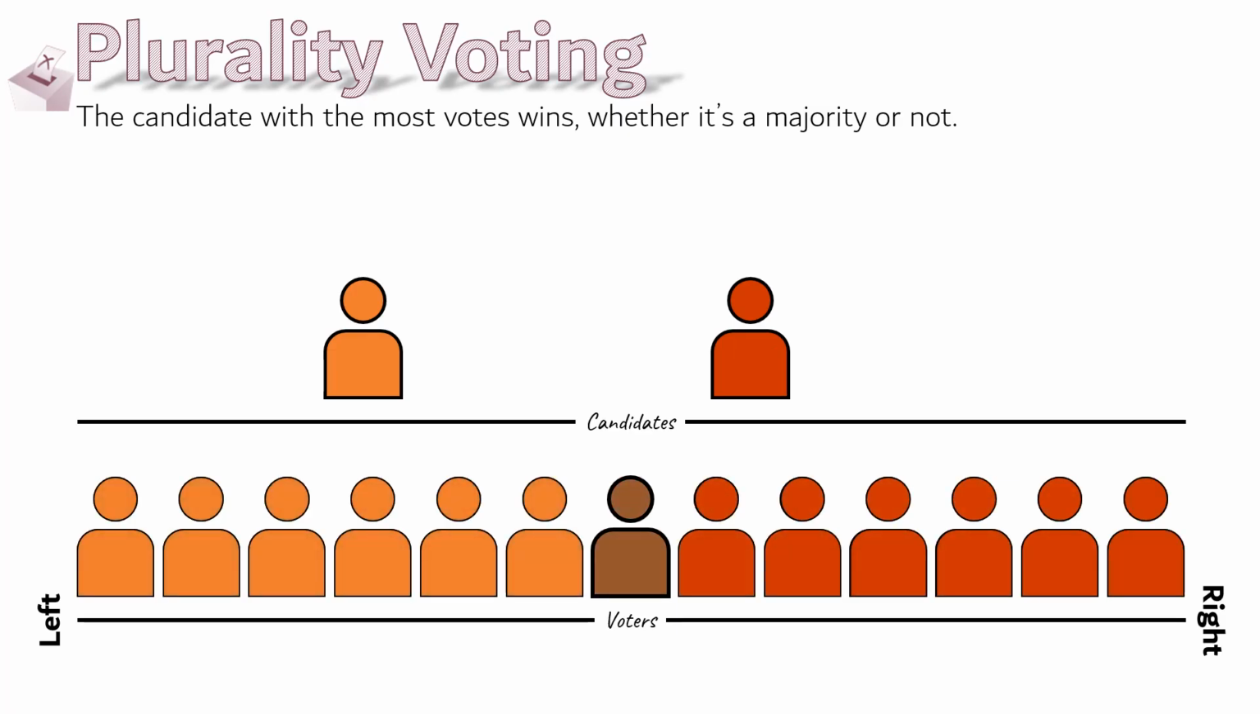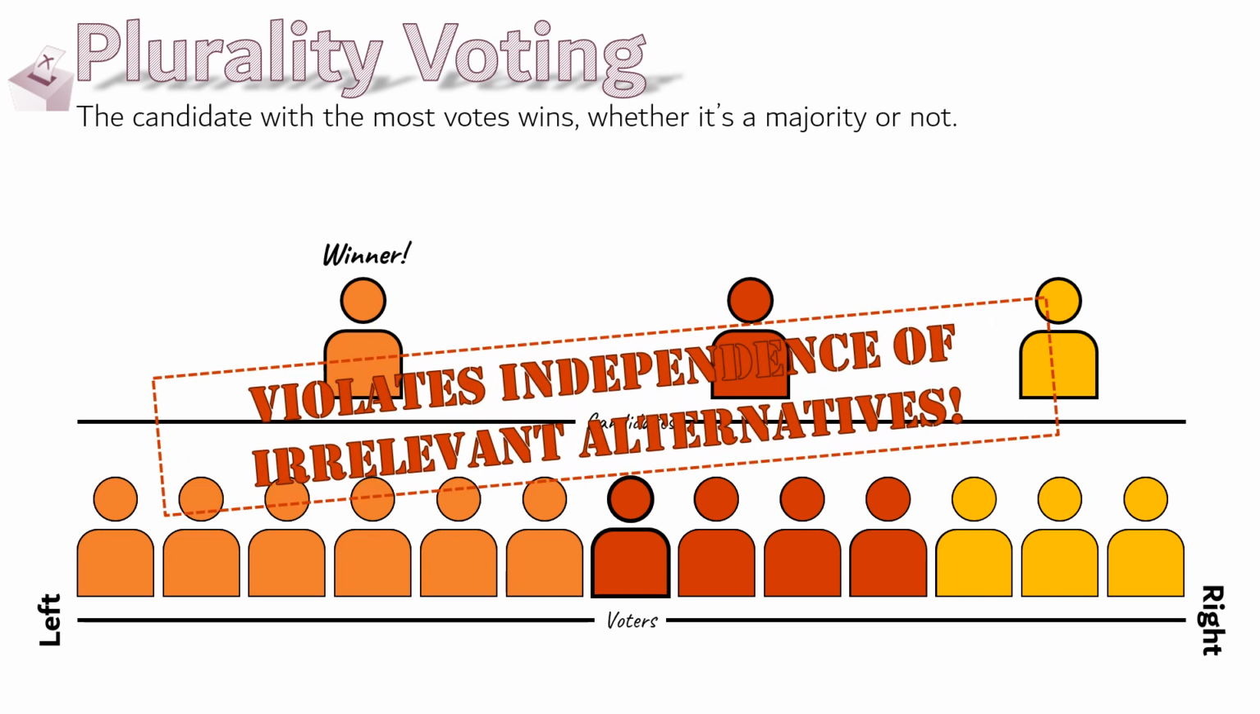Plurality voting has a fundamental flaw. It works well in a two-way race, but as soon as you have more than two options on the ballot, weird things can happen. Introducing additional choices can tilt things in favor of another candidate. Here, adding a yellow party candidate to the ballot helps the orange party. This violates the independence of irrelevant alternatives rule. Adding a yellow party candidate should only be beneficial to the yellow party candidate and not harmful to any other